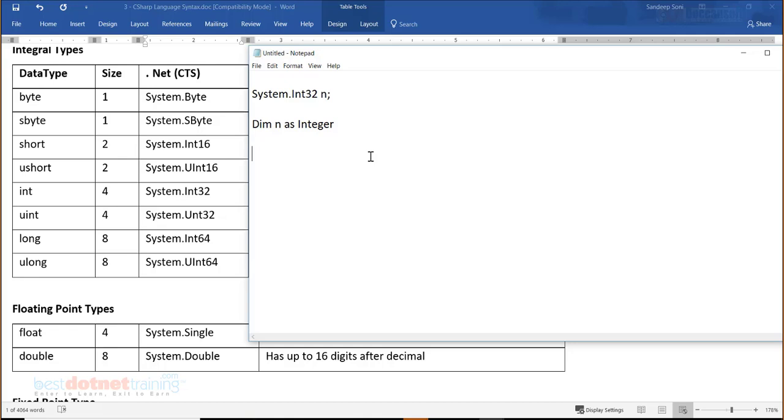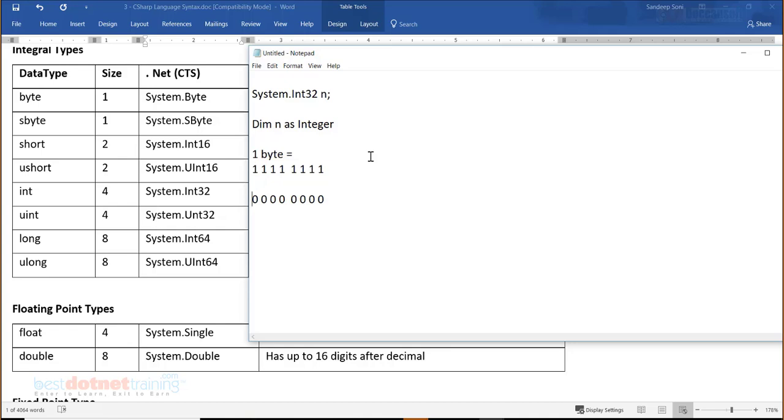But right now I say 1 byte is equal to 8 bits. So in bits, I can put something like this, 8 bits. This is the maximum value. Like that, can I say the minimum value will be all zeros? This is the minimum, this is the maximum.